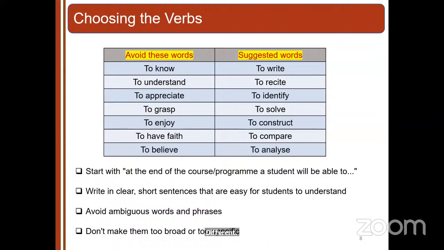So when you put up this component called compare, then it becomes easy for you to actually evaluate and finally come up with an attainment, rather than making a component with understand. So it's always suggested that you start with a sentence saying that at the end of the program or at the end of the course, the student will be able to do this.